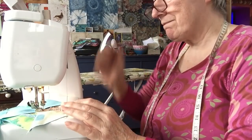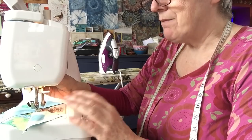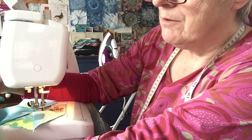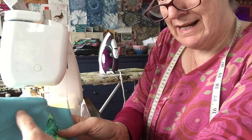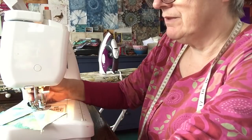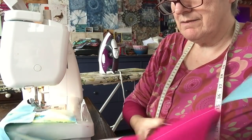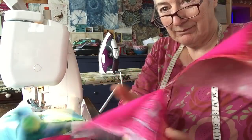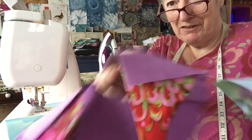I've come to the end now. I'm at the end of all 100 units, and I've sewn down one side of the diagonal line. So now I'm going to flip them all round. I'm going to put them all round here on this chair next to me, all of them in a great long string, all joined together by the chain piecing, 100 of them,